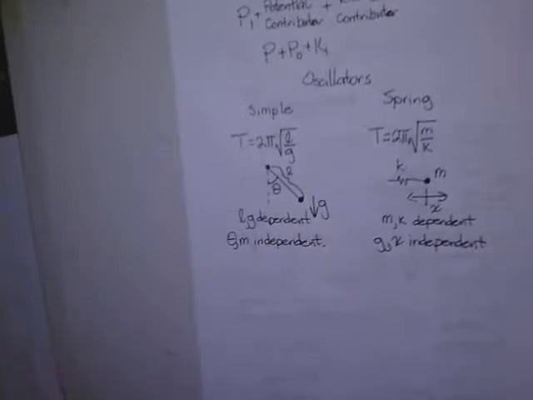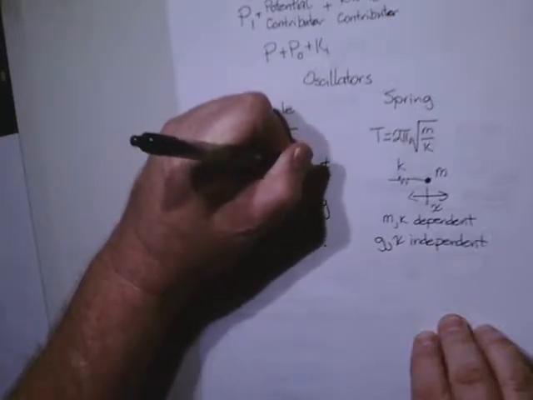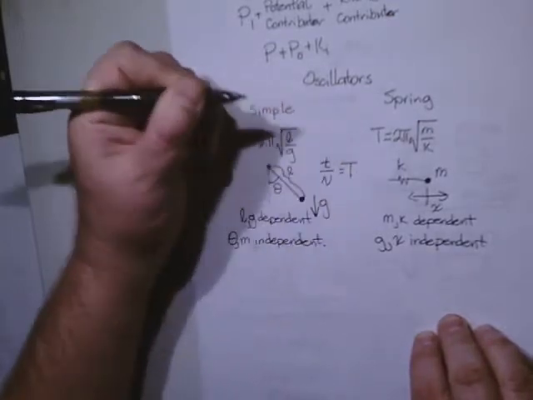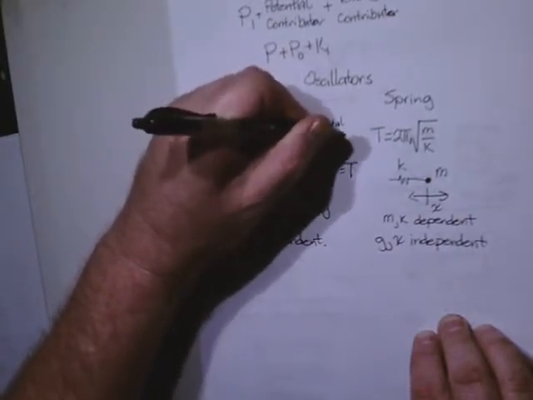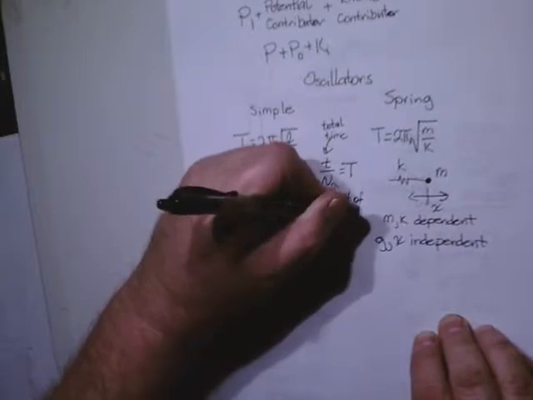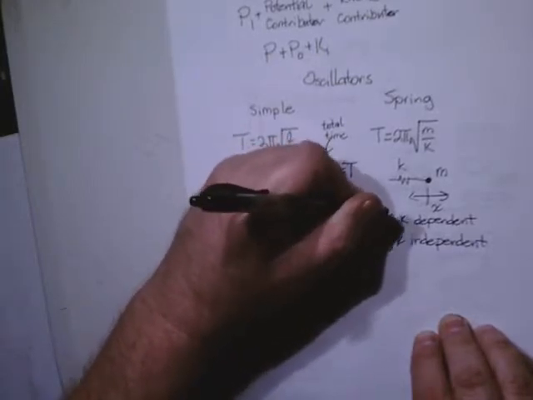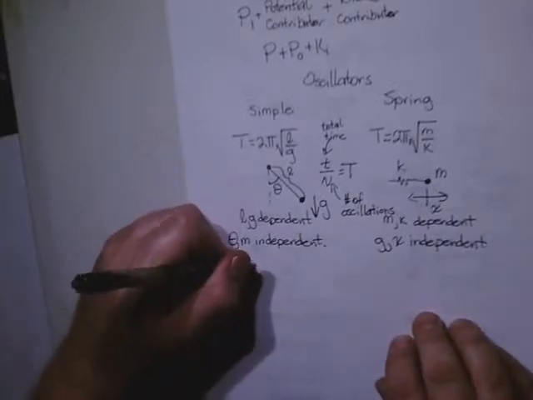So the big thing about this is one of the equations that I would also know is that t divided by n is the period, where little t is the total time and n is the number of oscillations. So what we have here is, take the total time divided by the number of oscillations and we get the period. In something like this, we could have a simple pendulum,